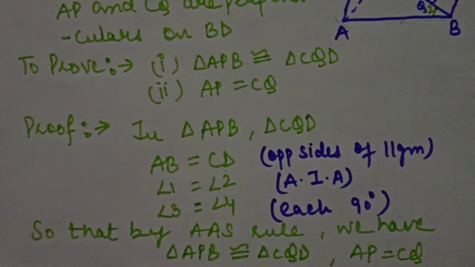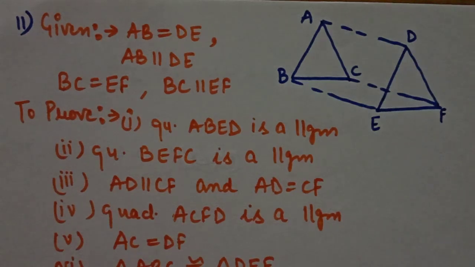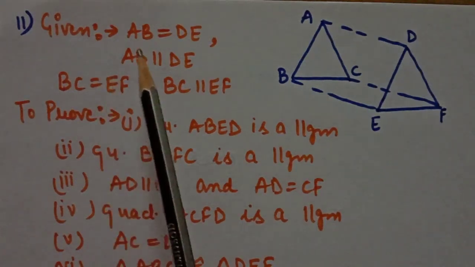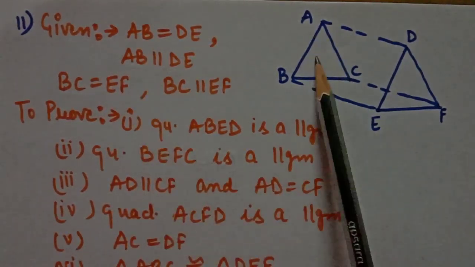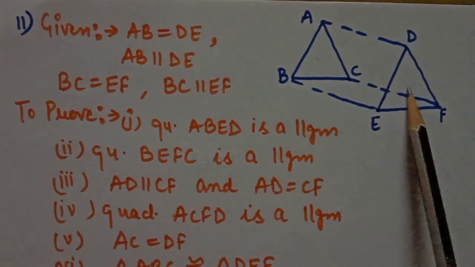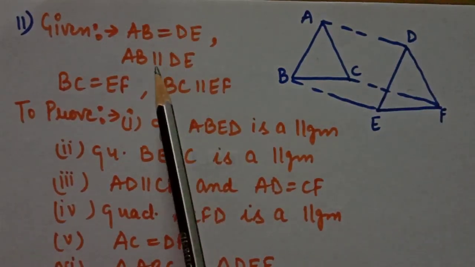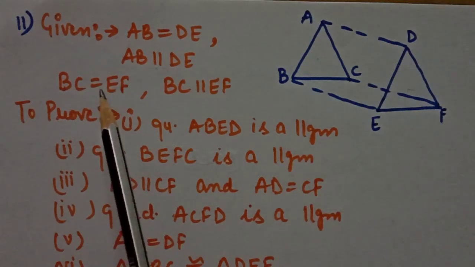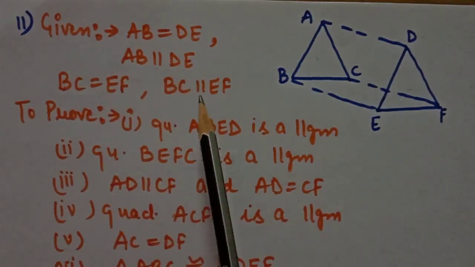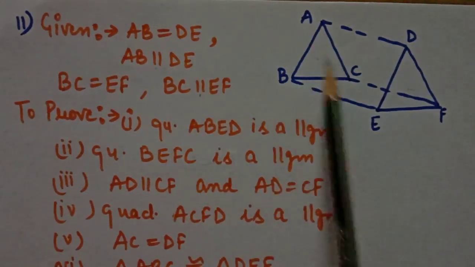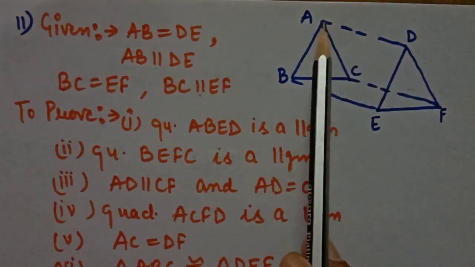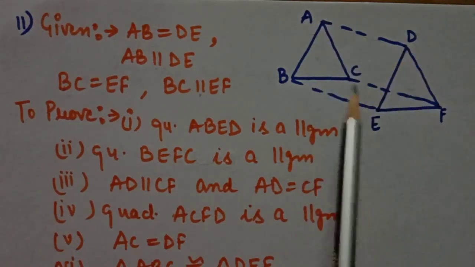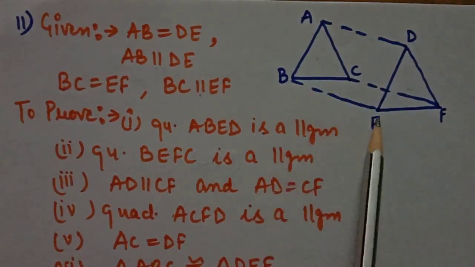Now question number 11. Students, question number 11 is also a very easy question, but it is a little confusing, so pay attention. In question number 11, it is given that in triangle ABC and triangle DEF, AB is equal to DE, AB is parallel to DE, BC is equal to EF, and BC is parallel to EF. It is given that vertices ABC are joined to the vertices DEF respectively. Show that...